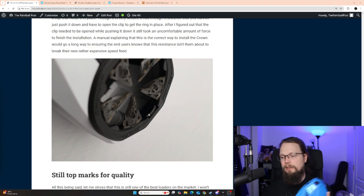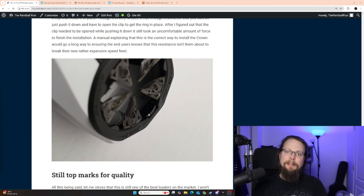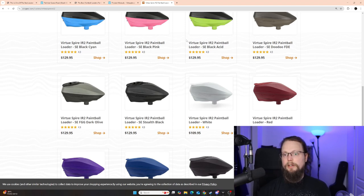Great. But write it down somewhere. Because again, I figured it out. It took me probably 20 seconds to figure out how to take the speed feed on and off of this thing. If I was a brand new player, at this price point, although $130, that's not a cheap loader. But I'm going to be pointing people, if somebody wants to spend this type of money on a loader so that they just never have to worry about a loader again, like, I want a great loader so that I'm just set,